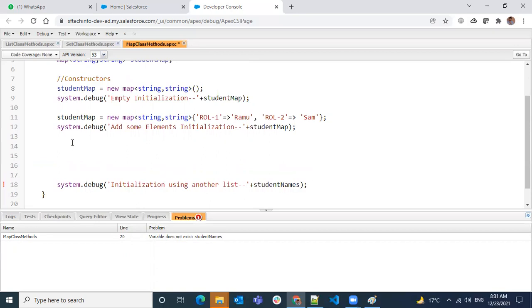So that is, let's say I would say my temp map equal to new map of string comma string, followed by temp1, followed by... so I have my temp map.